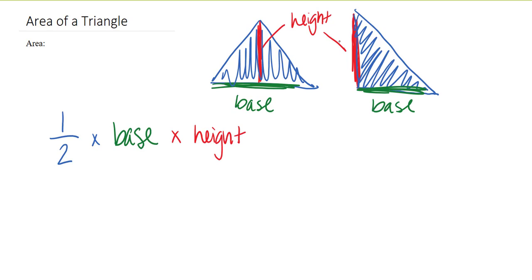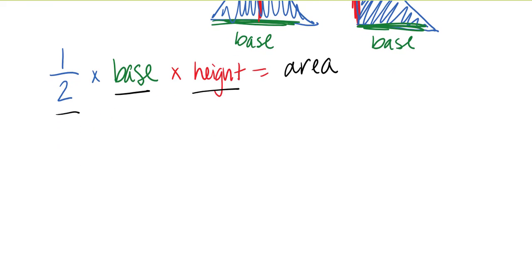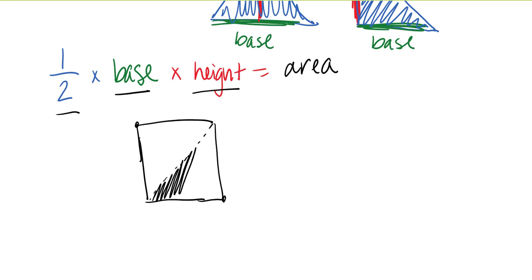So how we kind of come up with this formula for area is it's really similar to the last video, like right in our parallelogram. So we have our base times our height, and then we see this 1/2 that we're multiplying it by. So if you were to take a paper and say you wanted to fold it, so you take this corner and you put it onto here, right? So essentially this is where the fold is. So only this is showing, right? That would be a triangle, right? And so that's how you can kind of see where this base times height times 1/2 gives us the area